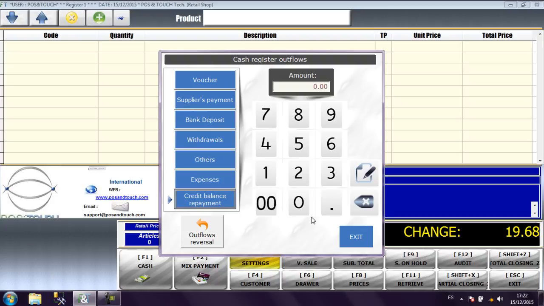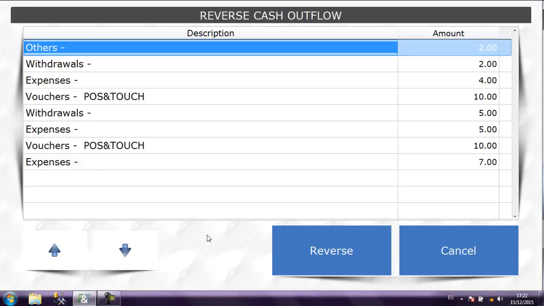And this is where we give the money back to the cash register. This is done so that when we close the day, the sales of the day, the money that we have in the cash register matches the money that has been registered in the system. As far as cash is concerned,